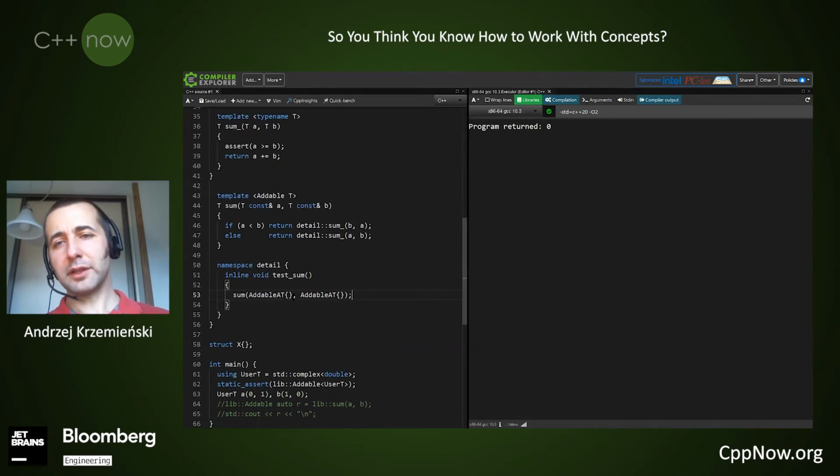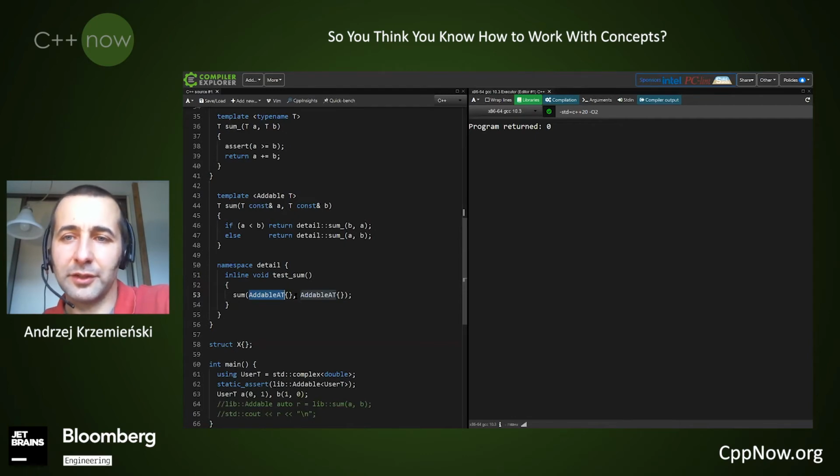It will work for our concept addable, but in general, our concept addable is default constructible, but other concepts may not require default constructibility. So we wouldn't be able to construct our archetypes like this. In fact, there may be concepts that don't require constructibility at all. It doesn't mean that the types they constrain are not constructible.